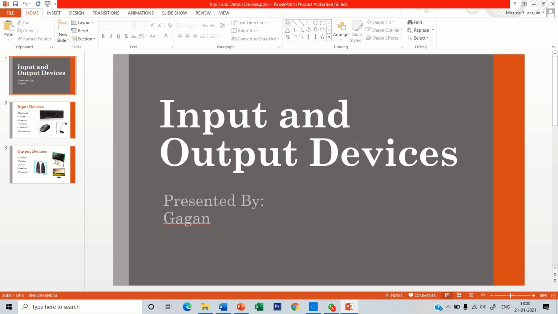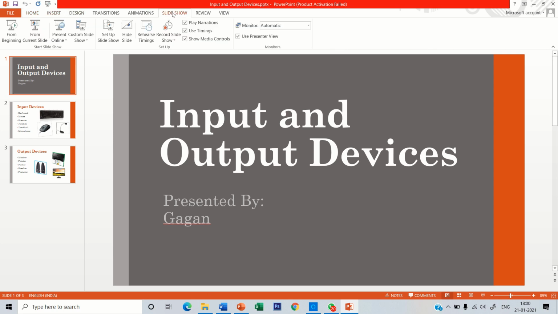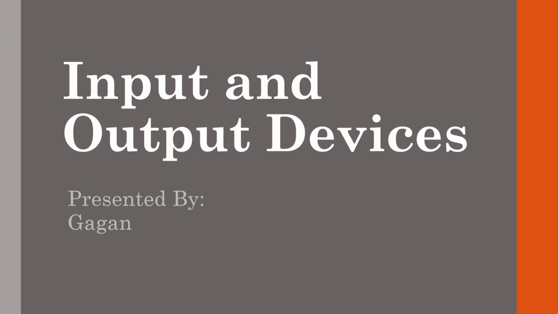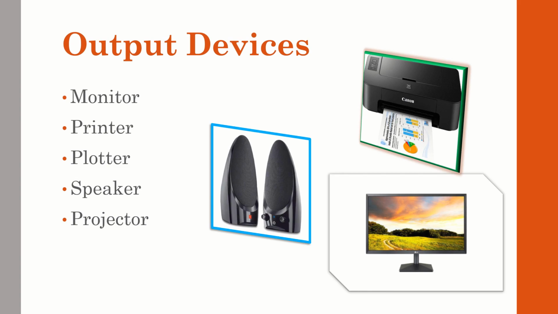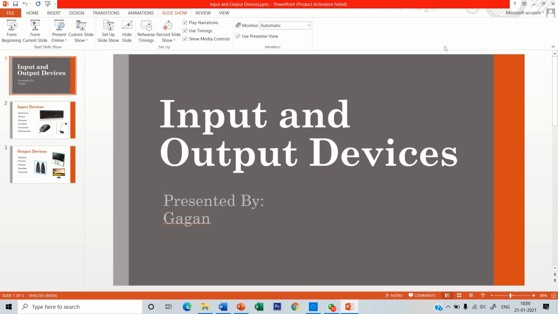Now the slides have been made. How can we run them in a full screen slideshow? How can we see the slideshow? Click on the Slide Show tab, From Beginning. See the full screen, one slide. You press the Enter key or any key from the keyboard. Next slide, then next slide. End of slideshow. Okay, this is called a slideshow. When the slides are displayed one by one on the full screen, it is called a slideshow.